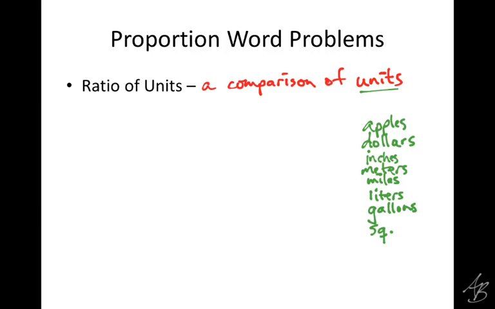Most area measurements are square something, so we have square feet, or square miles might be measuring how much land there is, or acres would be a measure of area also, square inches, square centimeters. We could measure time, how long something takes. How would we measure time? What kind of units would we use for that? Seconds, minutes, hours. Okay, those are all